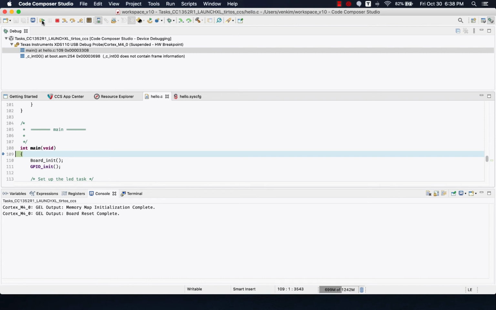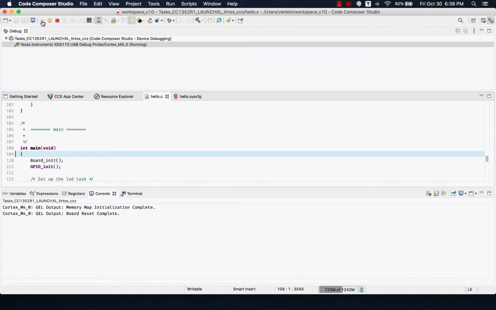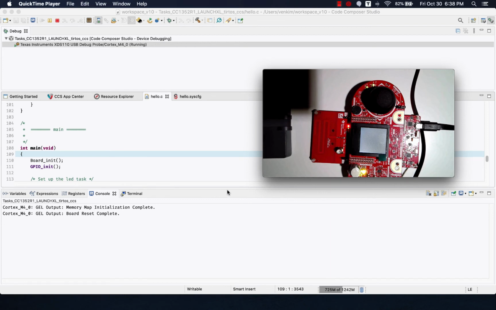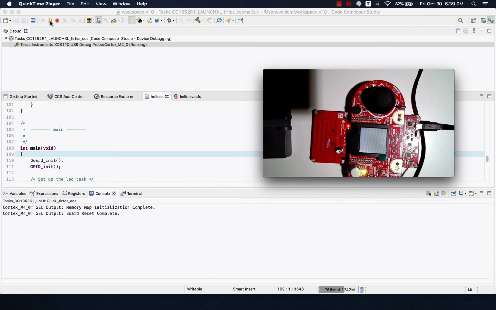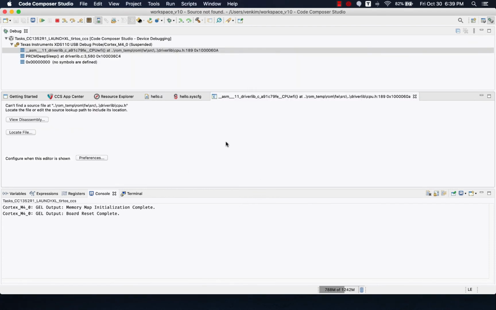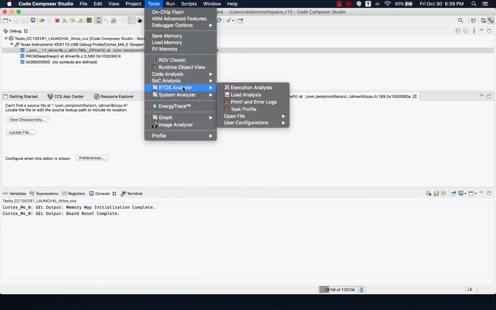Alright, so first we need to let it run for some time. I don't think you can really see that, because it's blinking at a very high rate. You can see a little bit of flickering. That's because these are actually switching at a very high rate, and they look almost lit, because I want to show you the different transitions. So I'm going to let it run for some time, and stop it, and go to tools,